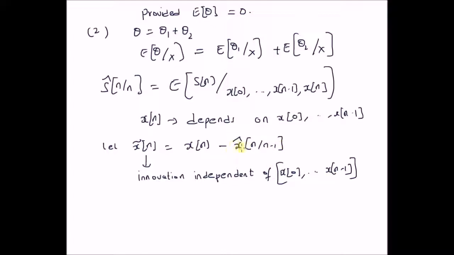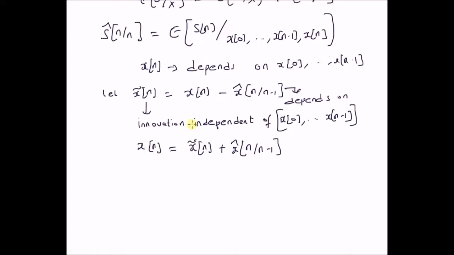And this term, that is x hat of n given n minus 1, is clearly the term that depicts the dependence on previous observations. The difference is obviously independent of the previous observations. So the latest observation x of n can be written as x tilde of n plus the term that defines the dependence on the previous observations. So one term is independent of the previous observations, and the other term quantifies the dependence on the